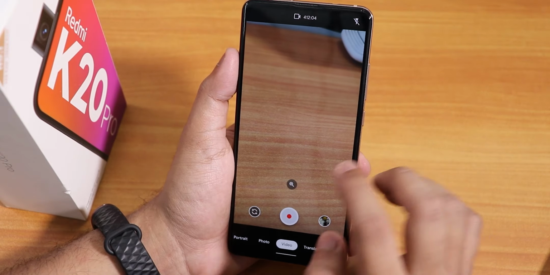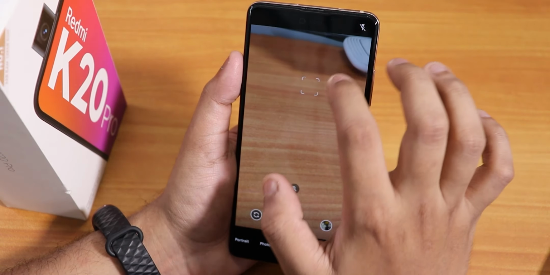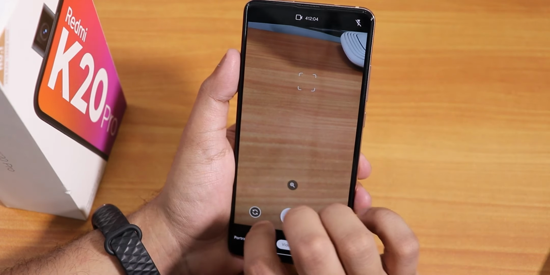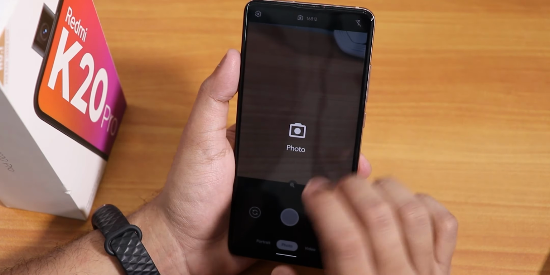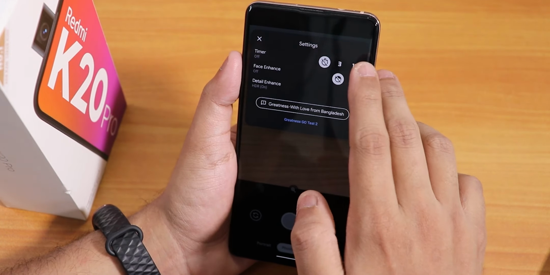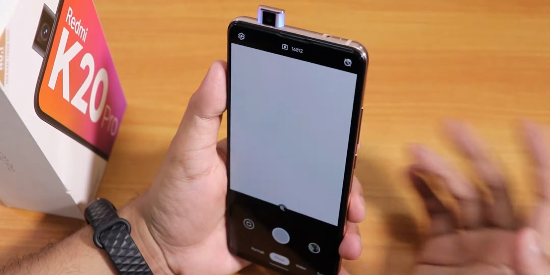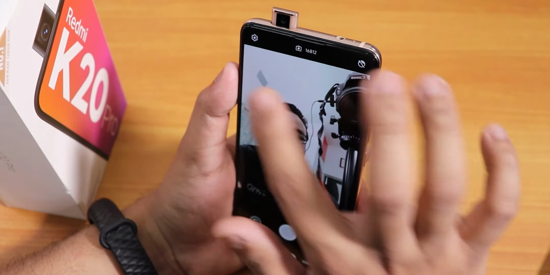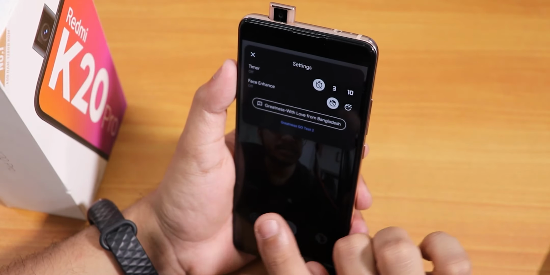It should be fine. I don't know how you can change the video settings or resolution, but you can actually take photos and videos normally with this Google Camera Go, and you can change the settings. We also have this face enhanced option. With the front camera, I just switched to the front camera. So right now with Google Camera Go, I do have the face enhanced turned off,